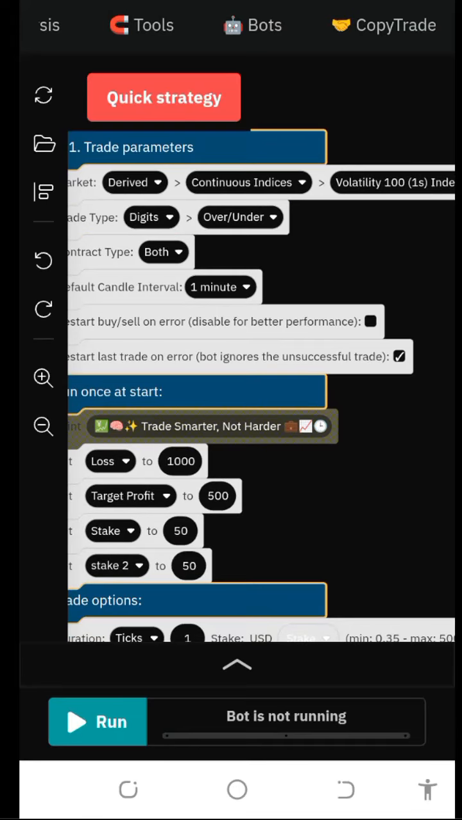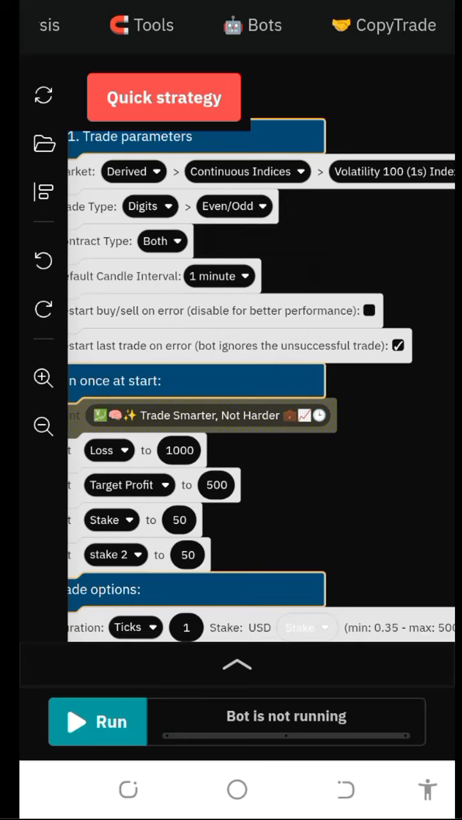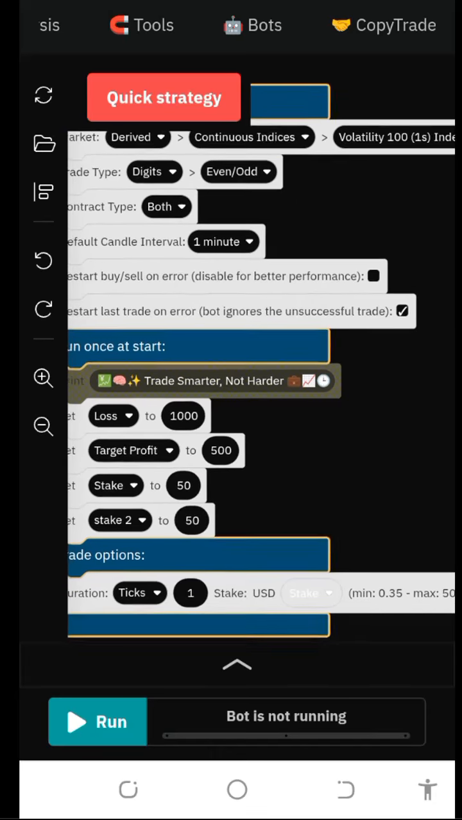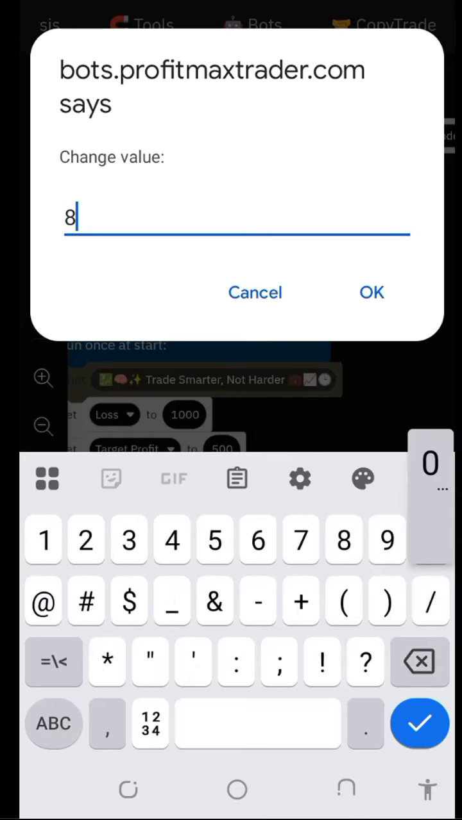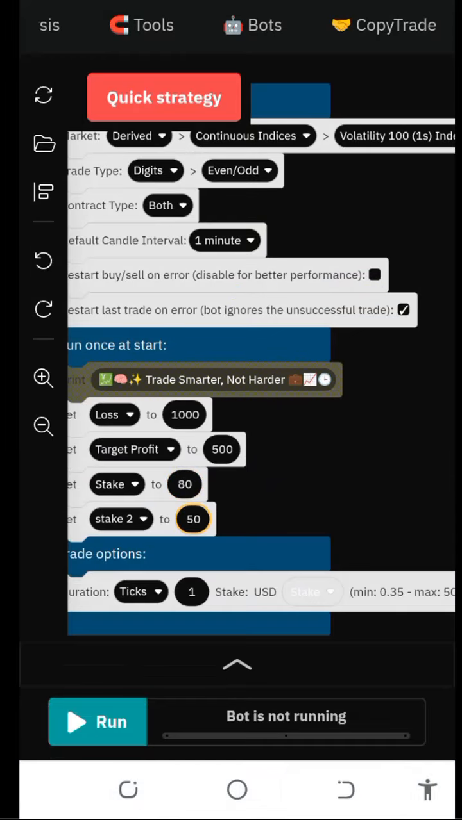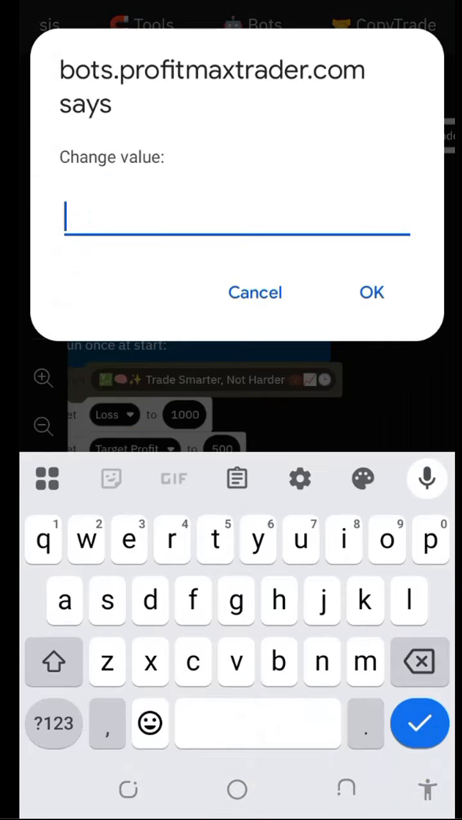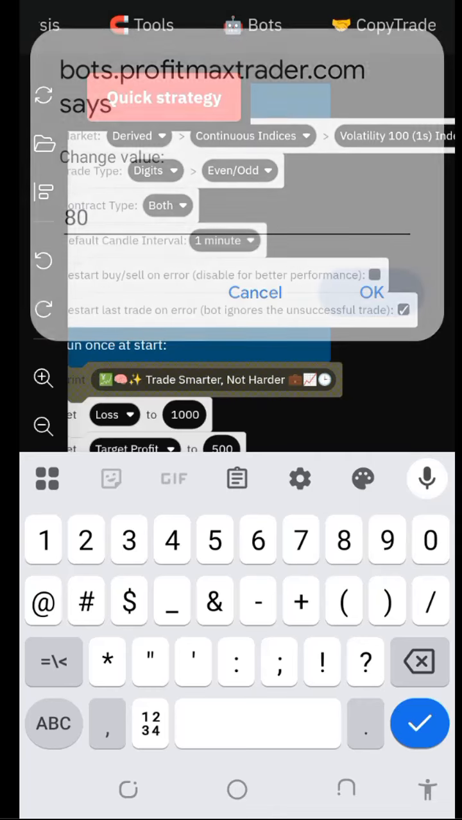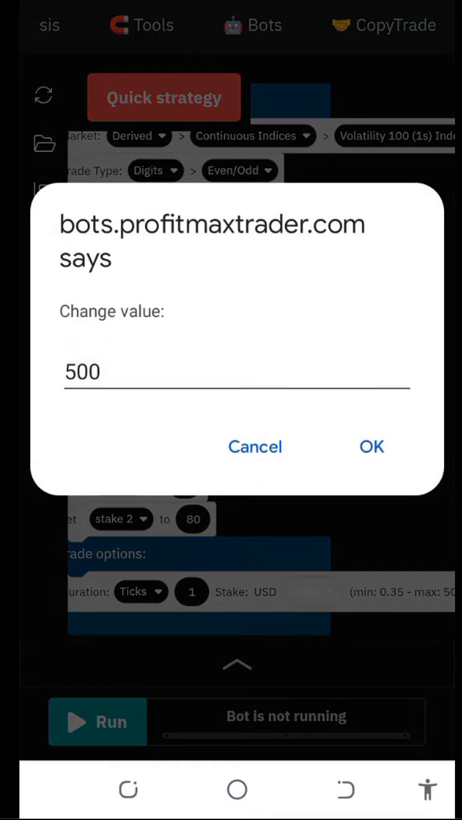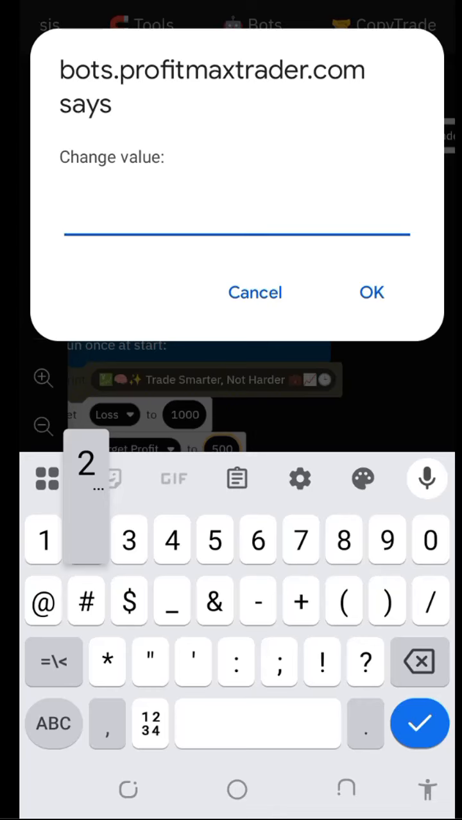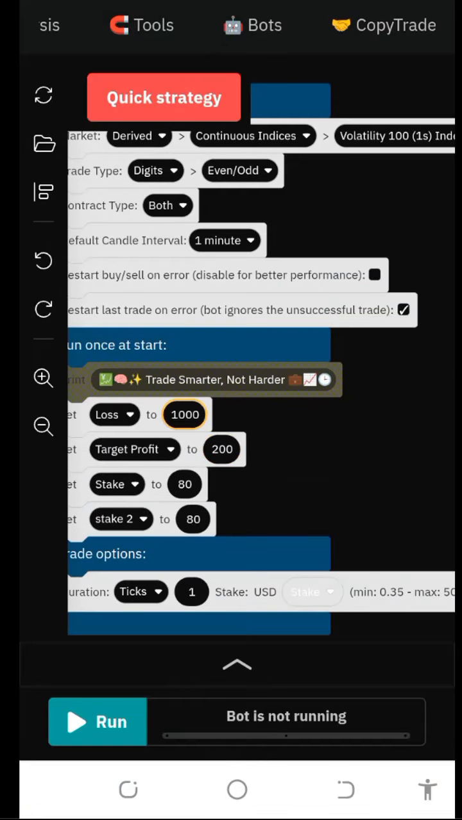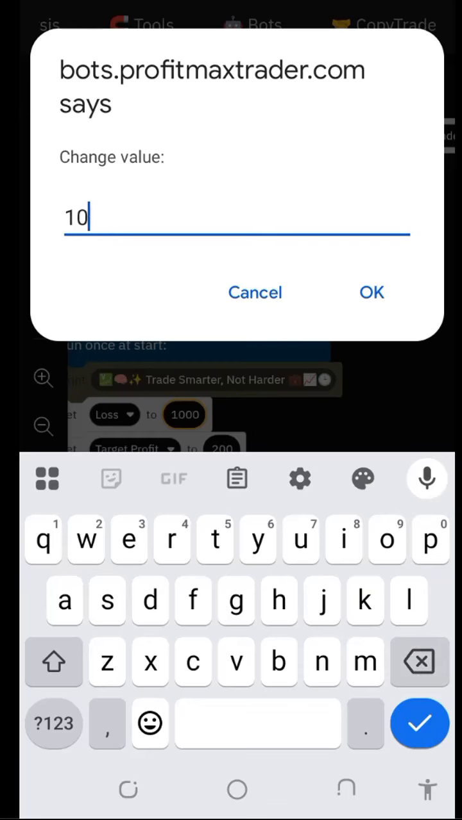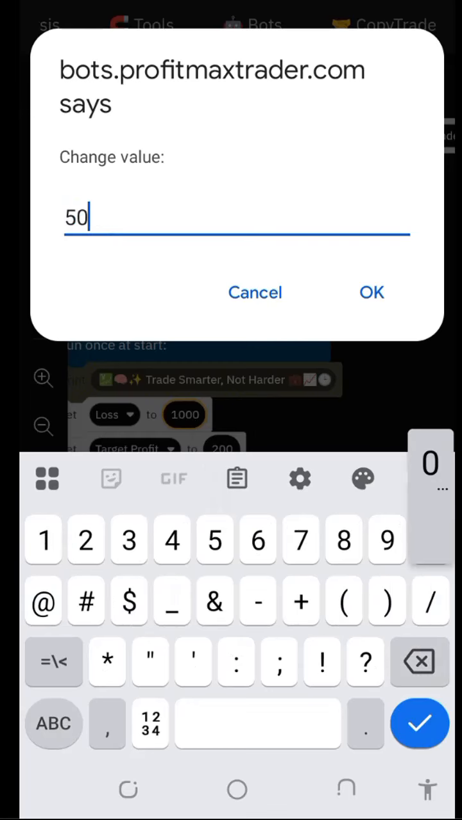So we're using the Profit Max Alpha version 2025 bot. And then we'll try and capture even, odd, and rise and fall. Okay, so I'll be staking $80. You input your stake twice there, $80 twice, and then we have a take profit target of $200 and then a stop loss of $500. Okay guys, so you input everything like that,